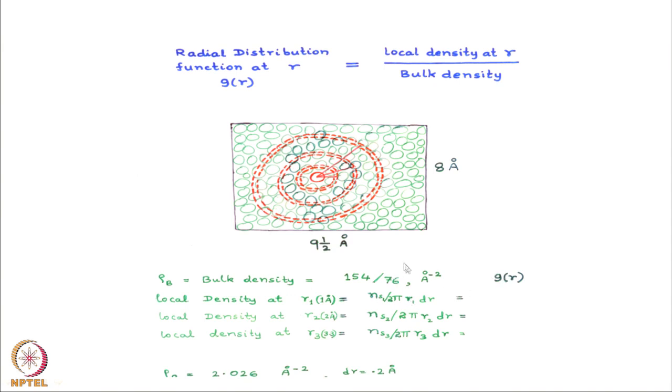Now, one point I want to make is that if you are very close to this center, you will see that no other particle will be located at this center. Therefore, you expect the local density to be 0 as r becomes smaller and smaller, because when r becomes less than the size of the particle, you cannot expect any other particle to be inside that first particle. So, the local density will be 0 for a number of points near the origin, then it will have oscillations.